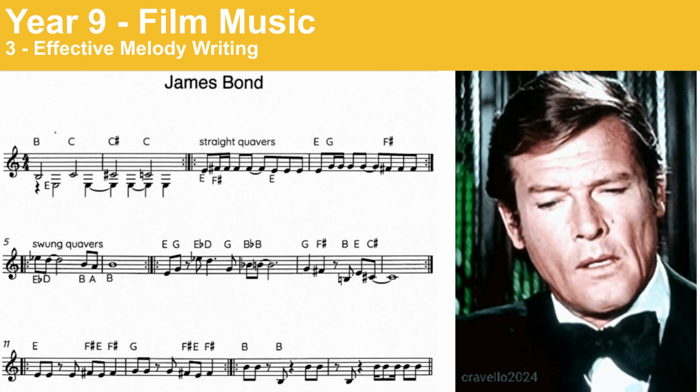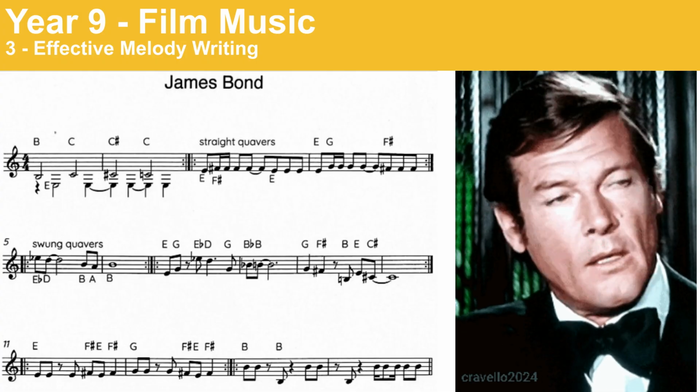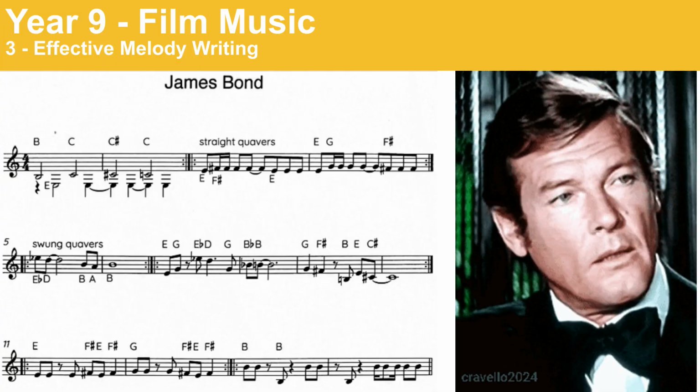Here is the notation for the James Bond theme. Observe the musical features, such as the initial repeated notes and the mix of straight and swung quavers. The notation also includes some suggested chord changes, such as the E-flat dominant 7th to the D dominant 7th in